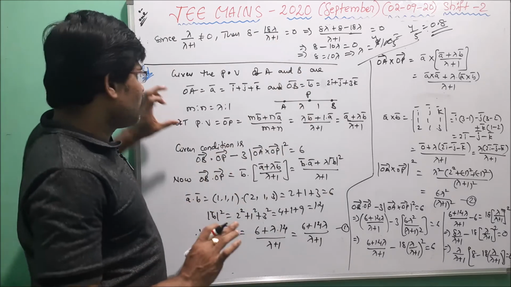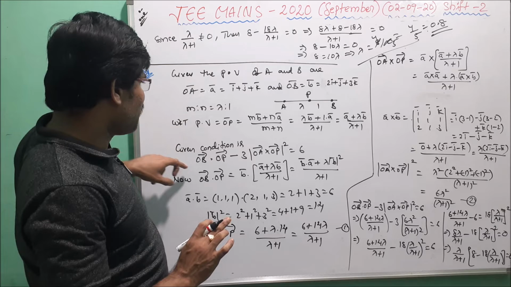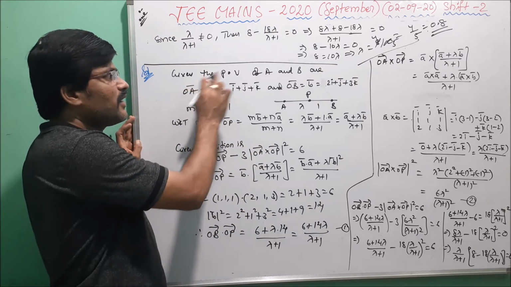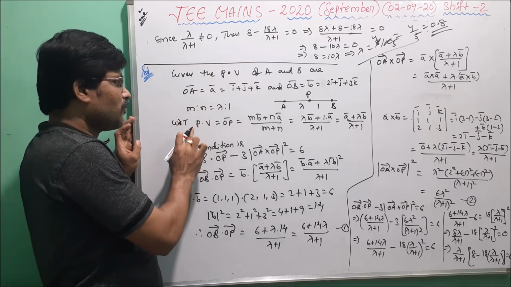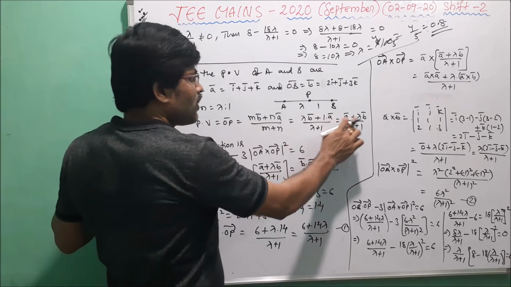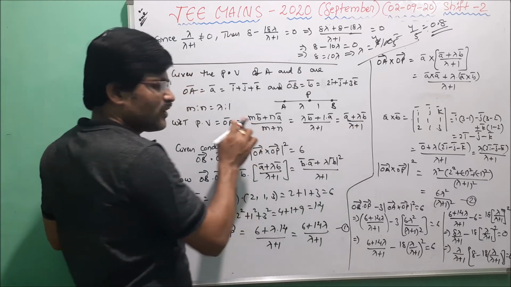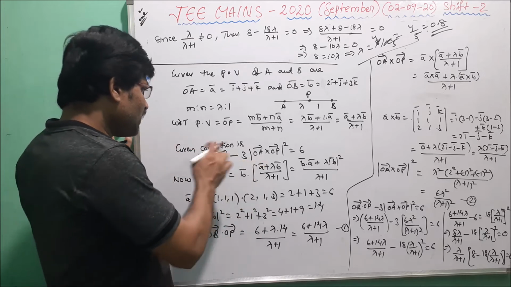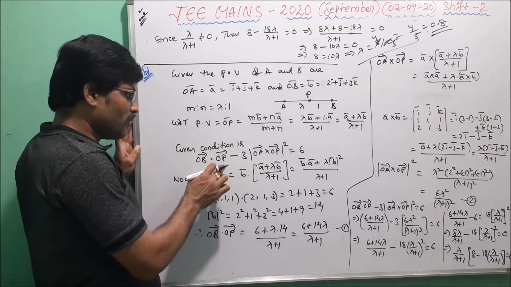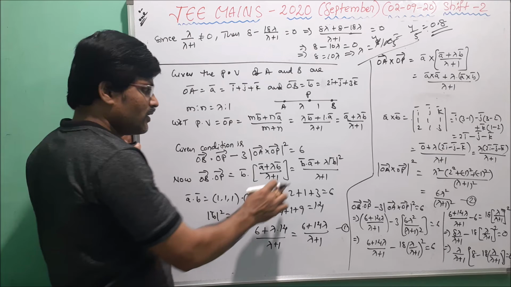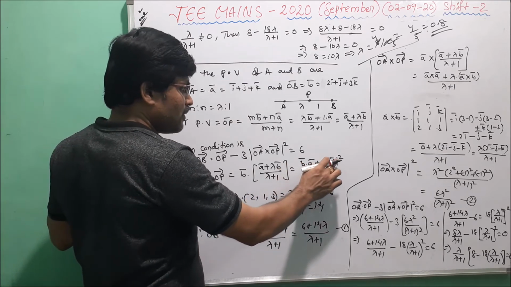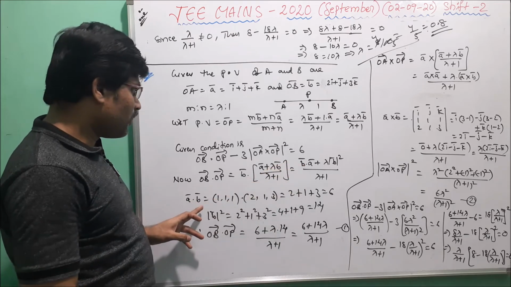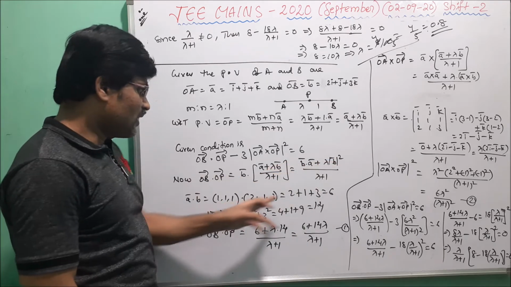Here, first of all, we take the given relation. In this, first of all, to find the position vector P which divides the given points, the position vector P equals A bar plus lambda B bar by lambda plus 1 using the section formula. And we take the given condition. In that condition, first to find OB bar dot OP bar using the given points, that is B bar dot A bar plus lambda mod B bar square by lambda plus 1. In this, A bar dot B bar and mod B bar square are already found.